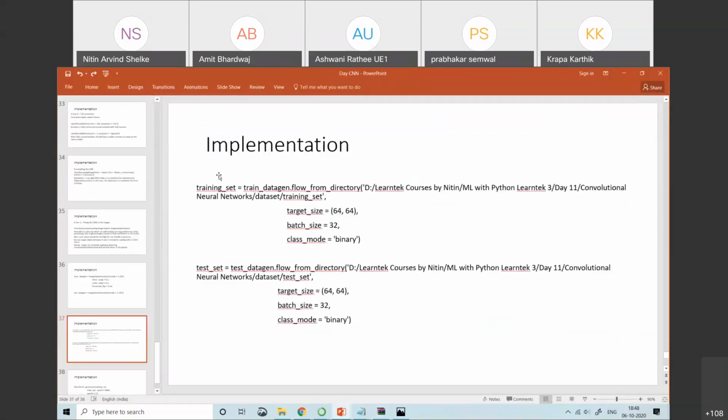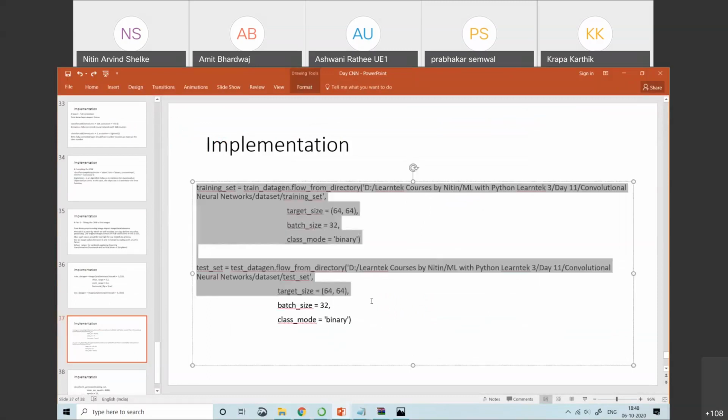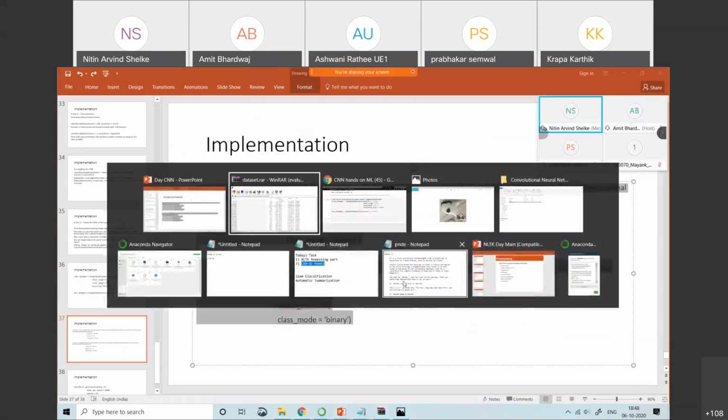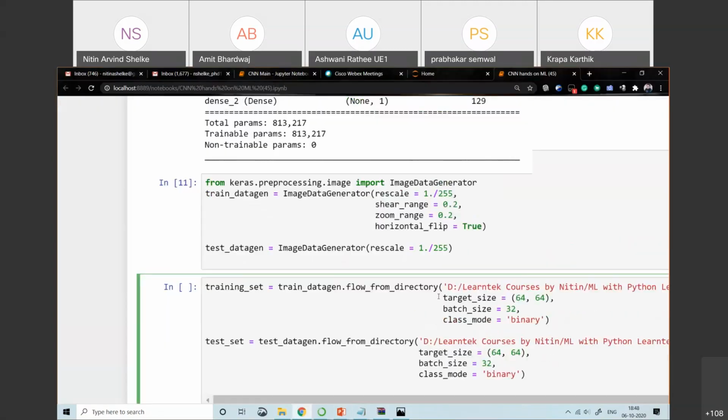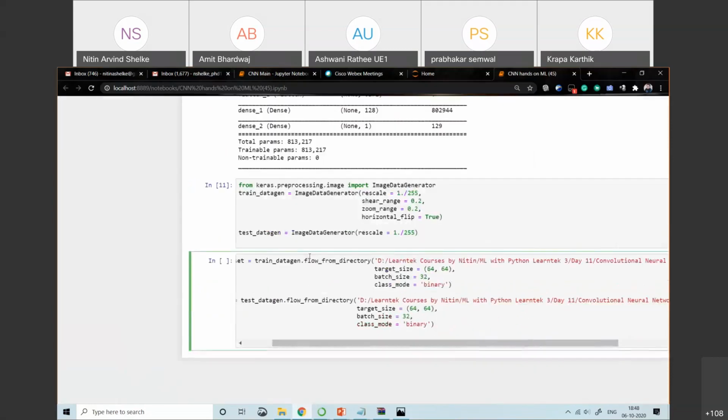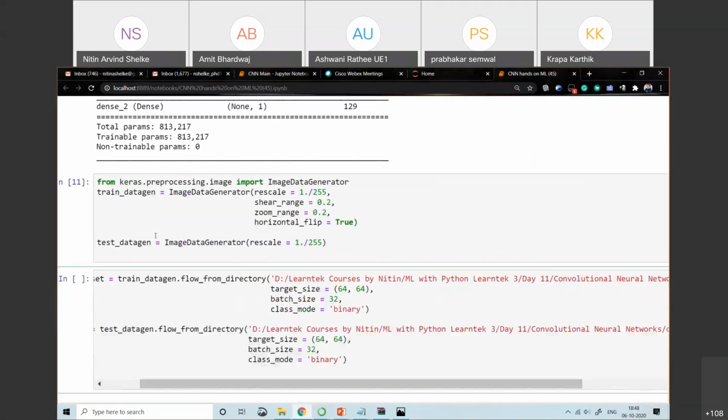The next part is just to extract the data. We'll extract the data from my folder. We need to add the path. As per the object that I have created, this is my train data generator, flow from directory.